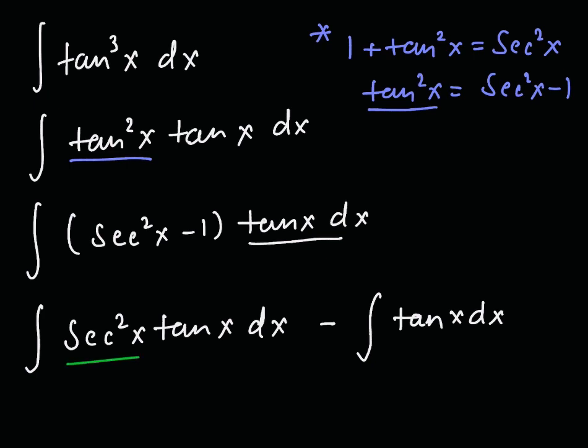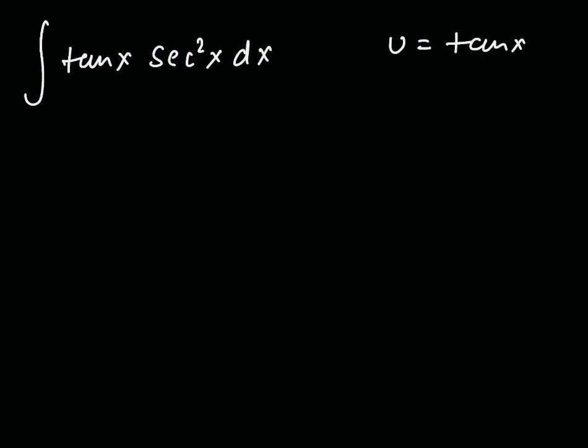Now we have two different indefinite integrals. We're going to solve these two one by one. So let's get started with the first one, which is the integral of tan x sec square x dx. Here we would assume the value of u equals tan x. So the derivative of u is going to be sec square x, as the derivative of tan x is sec square